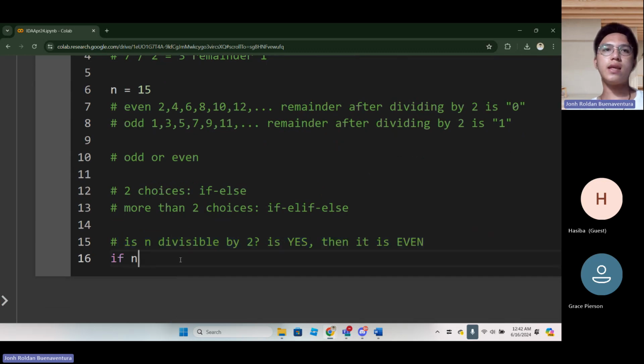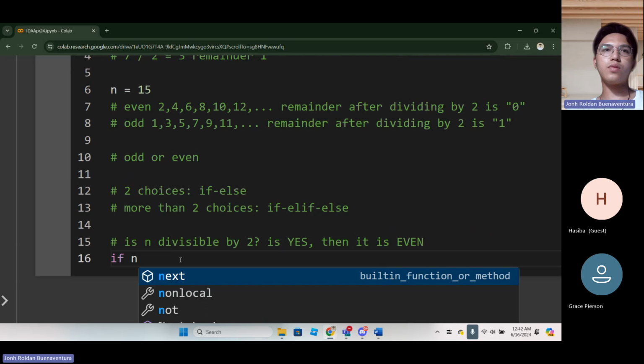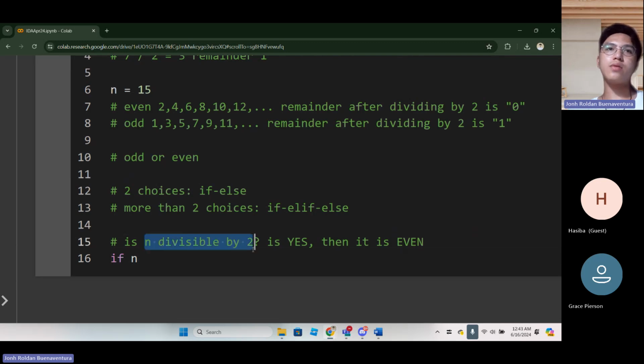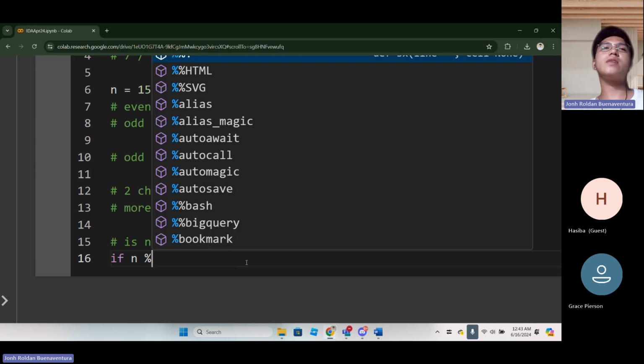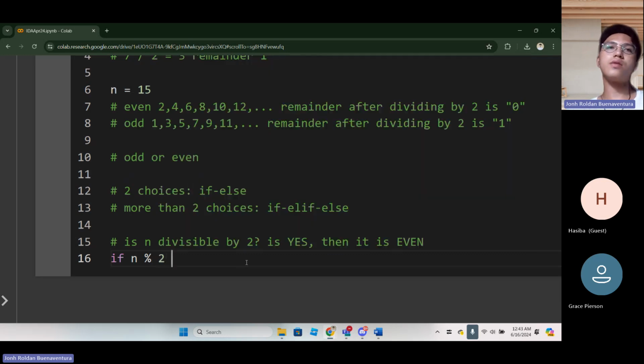So if n is divisible by 2, what's the meaning of divisible? n is divisible by 2, meaning the remainder when you divide n by 2 should be 0. This is how we define divisibility in Python.